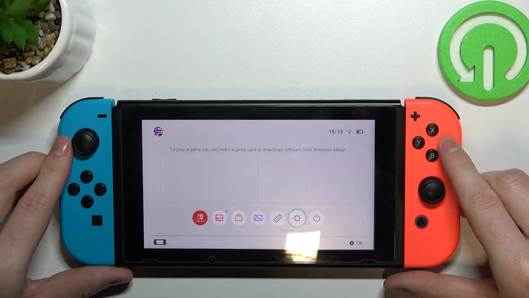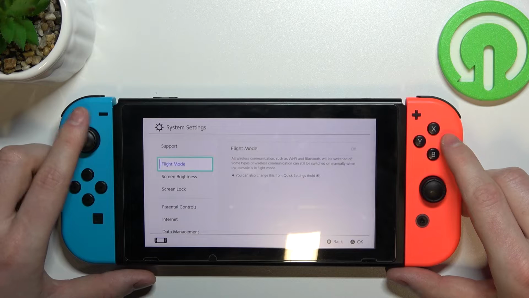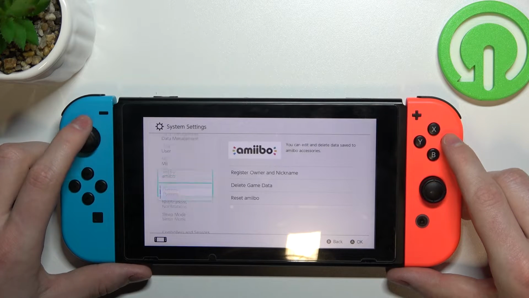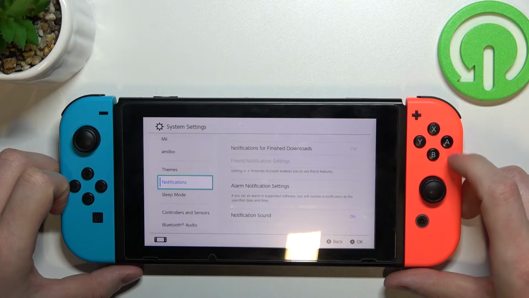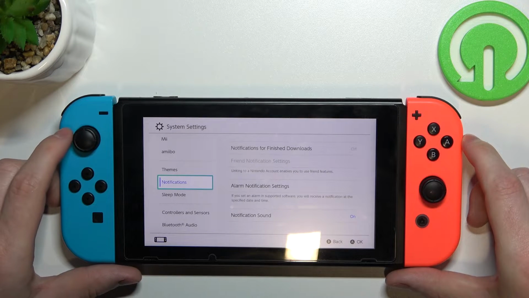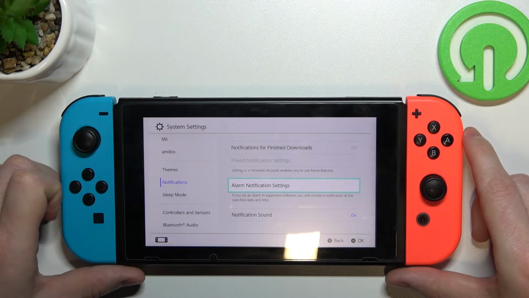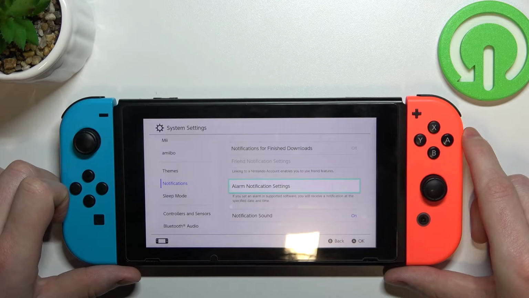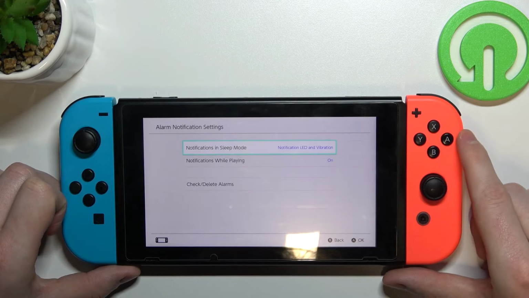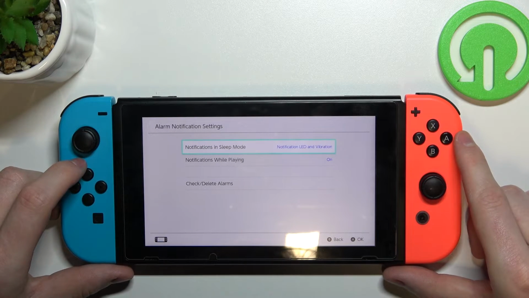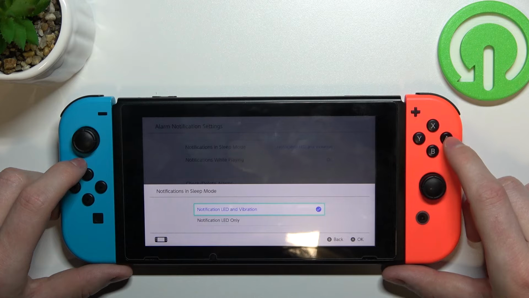Now press A on the settings, go down by pushing your stick down like this till you reach notifications. Now press the stick to the right like this and go down again and reach the alarm notification settings. Now press A, and from here you can adjust notifications in sleep mode, and you press A on it again